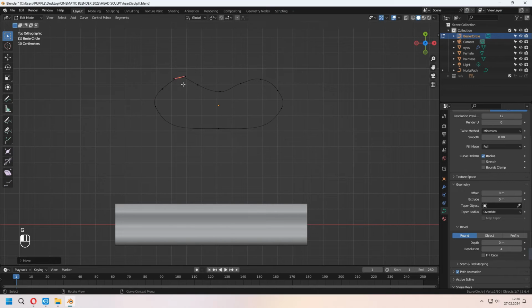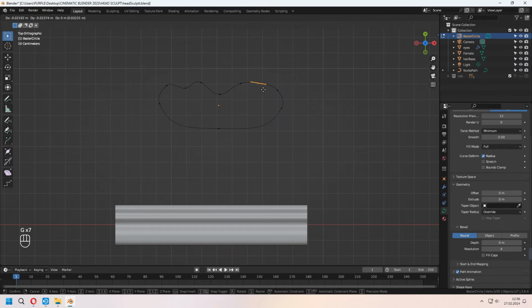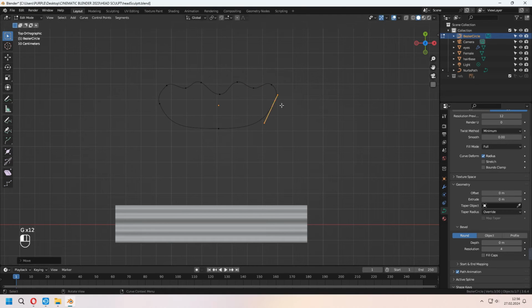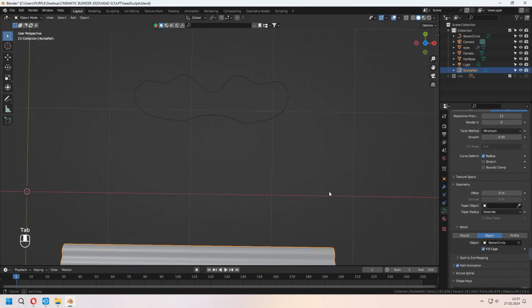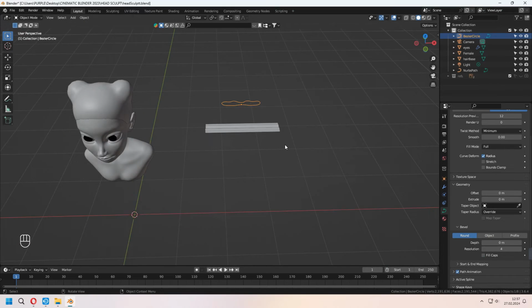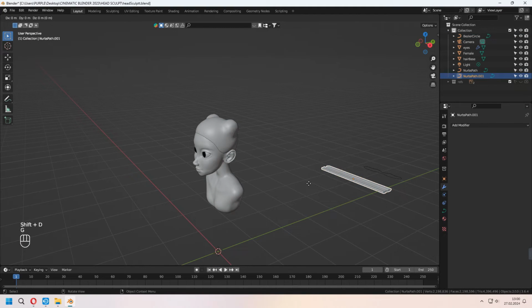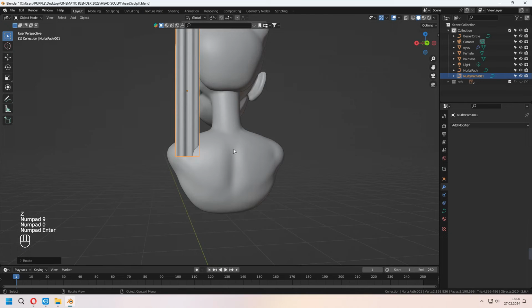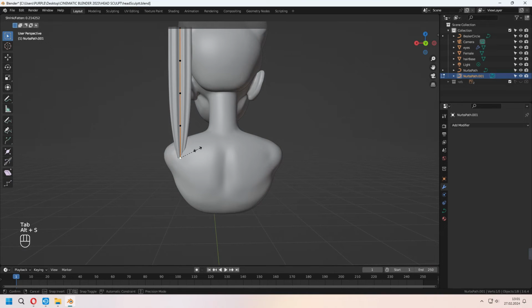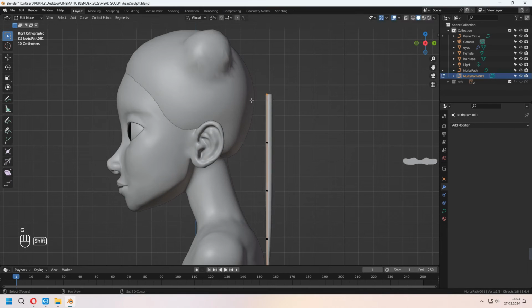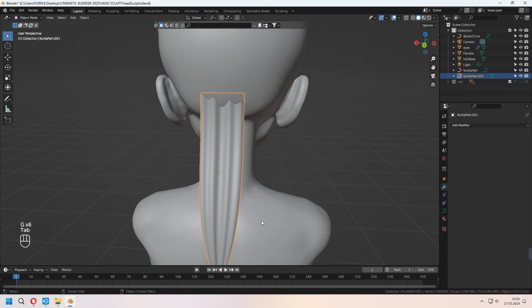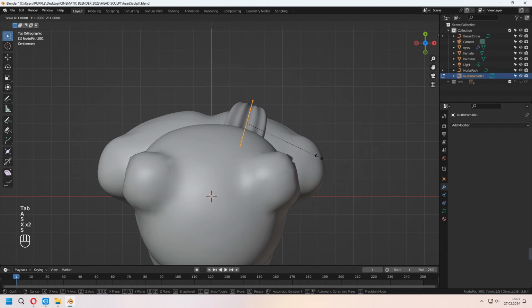Give a shape, look like a bit curly and bumpy shape for the main part of our hair. As you see, it affects our path curve. Don't forget to check fill caps under the bevel. You can Shift D to duplicate this hairline. Scale, rotate and place. With the Alt S, you can give some scaling, middle of the vertex. Move and place. For turning some part of it, you can use Ctrl T. And if you want, you can make some curly hair with this